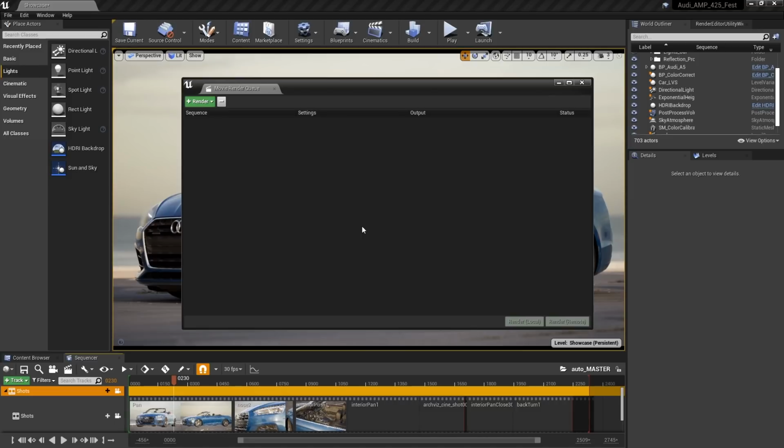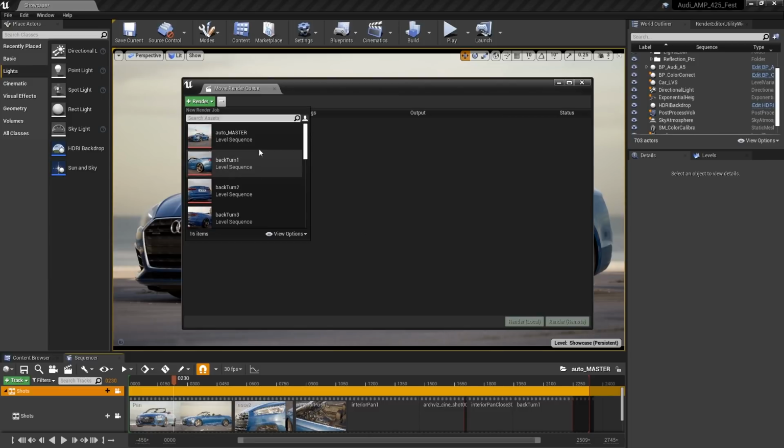Inside of here, we can use the Movie Render Queue to do a couple things. It can be used to generate extremely high resolution stills with a tiled rendering workflow, or it can be used to render out sequences, multiple sequences queued up on top of each other. The rendering will render out sequences of images that have the ability to have multi-frame anti-aliasing as well as multi-frame motion blur. So I'm just going to click the plus button to add in a couple of queues here.